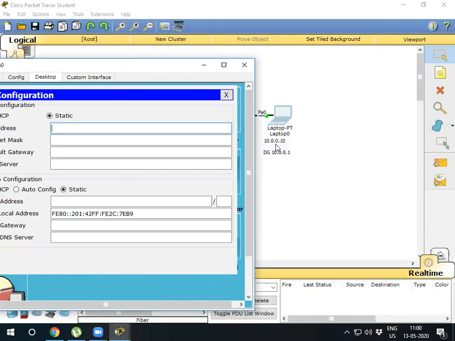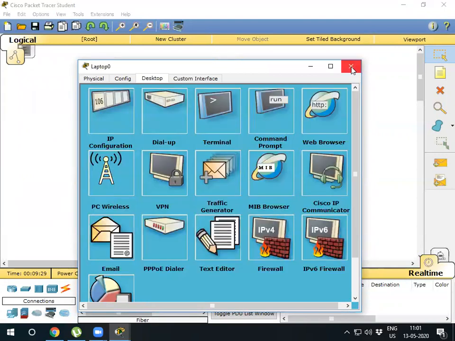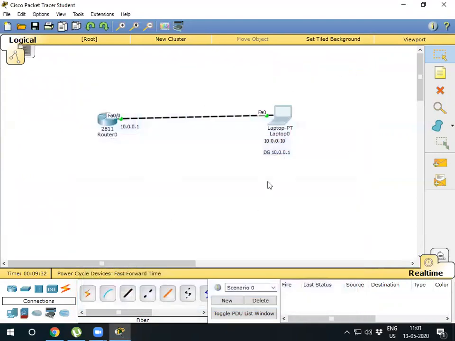You want to assign 10.0.0.10. Now click on the subnet mask, and the default gateway will be 10.0.0.1. So your PC part is completed, and just close it.